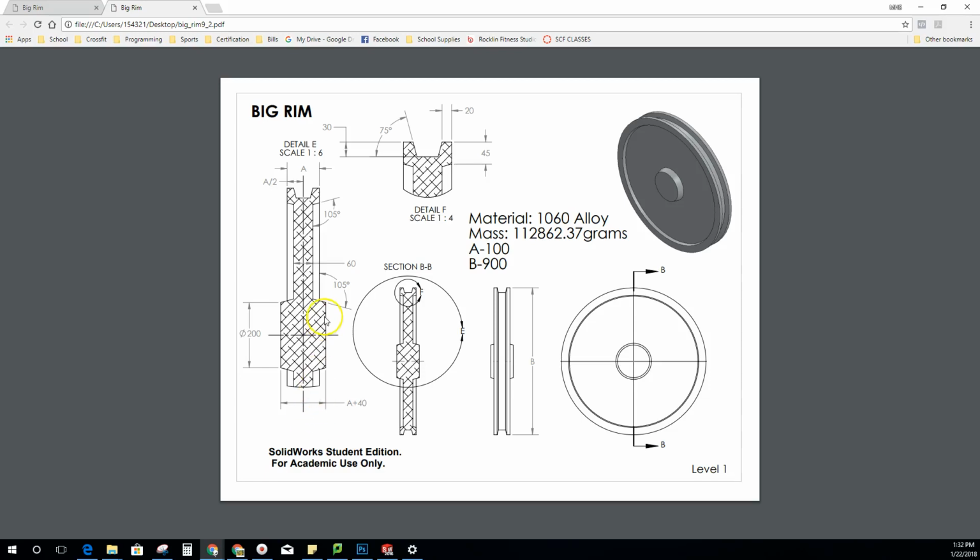Alright folks, today we're looking at the big rim drawing. The big rim drawing is one of the very first drawings that we do here in SolidWorks to get us accustomed to playing with some of the tools that we have to use later on in some of the bigger parts. One of the things you'll notice right away on the drawing sheet from the big rim is